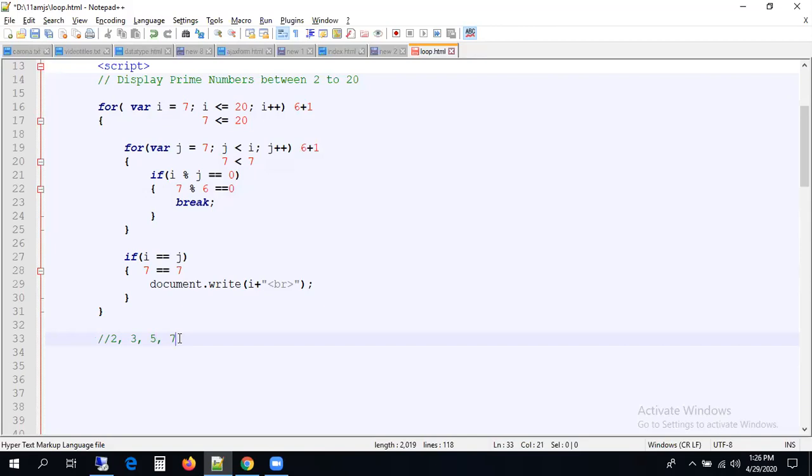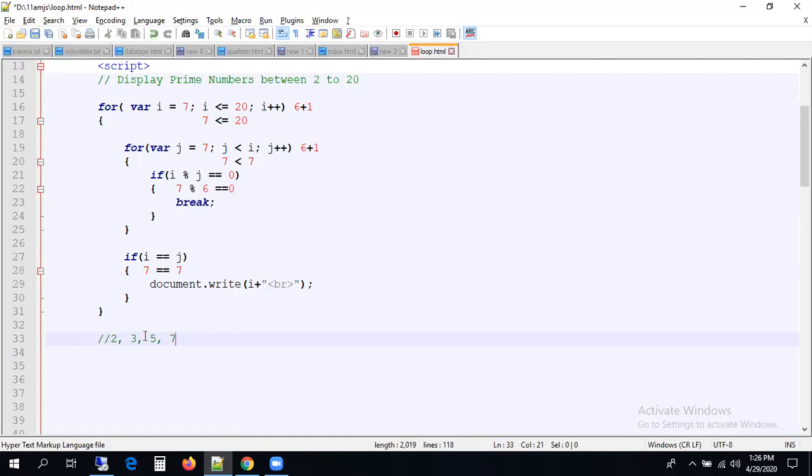Like this, the loop is going to be iterated until 20 times. Each and every time the value will be overridden, and you have to check how the inner loop is executed and how the outer loop is executed. The inner loop will terminate if the condition is false, or if the number is even. We are manually breaking if the number is even. Otherwise, it has to check from 2 to 7.